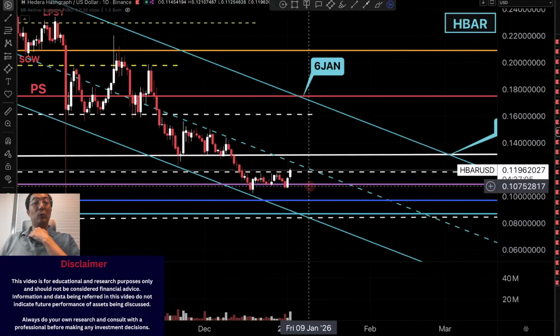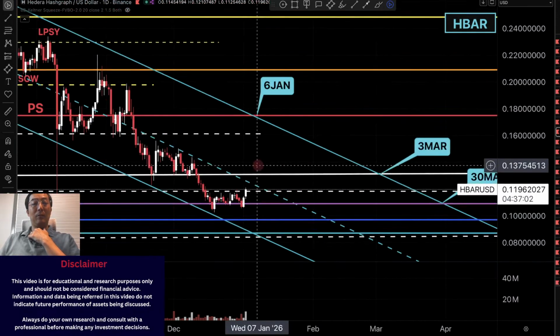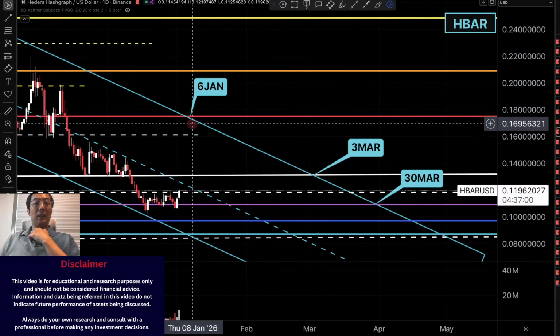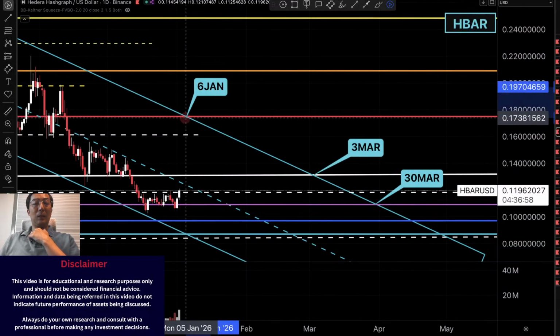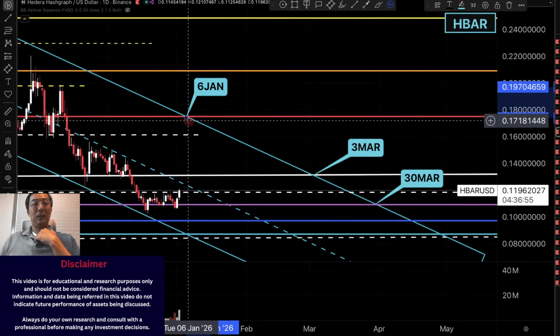It is still within the weaker side of the downtrend, however. Right? The 6th of January is a pretty challenging target to meet. I don't expect, unless some big announcement came out. Otherwise, I don't expect it's going to climb all the way above the red key level of 17 cents 50 within 3 days time. All right, and then obviously, if the white candles continue with this kind of volume like